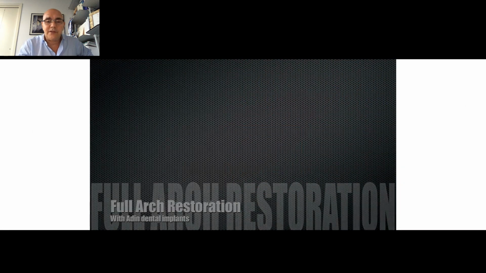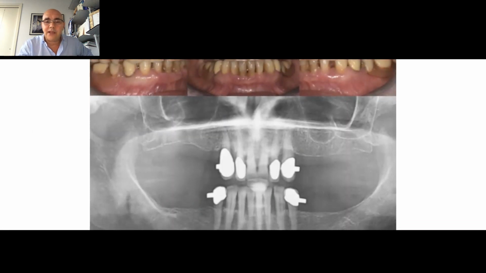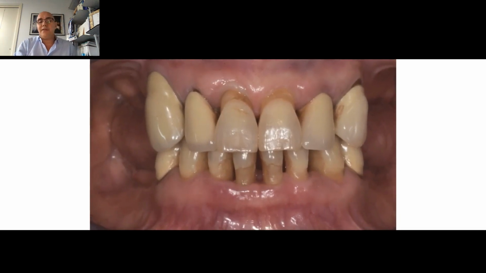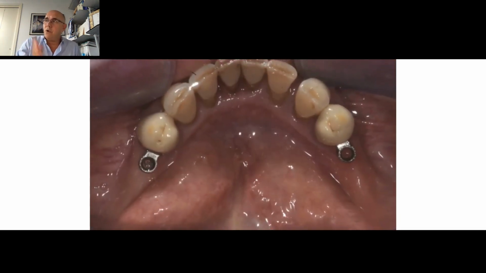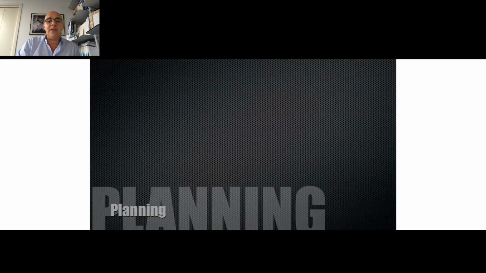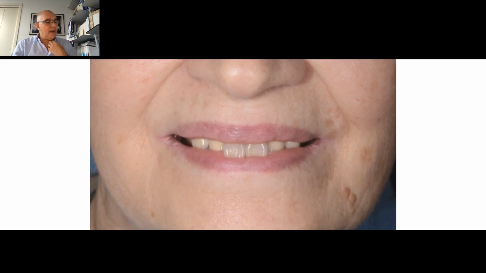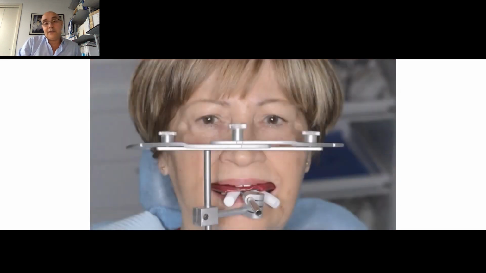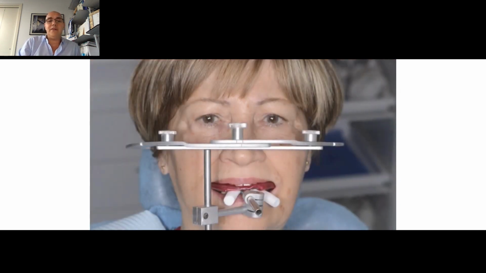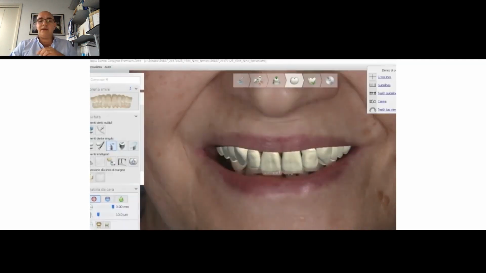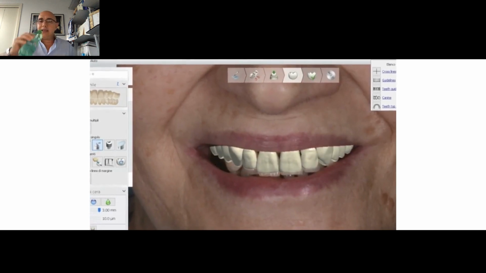We will do a full arch restoration, and we extract very carefully the teeth. We clean them. We remove, of course, the crowns. If there is root canal therapy, we just have to open the tooth, remove the gutta percha, clean up the area, and put just the dentin into the place. We do the planning. The planning is done with digital dentistry. See, we do the study. We check what's the best color for this old lady. We take the face bow, and then we design this case in the CAD/CAM,